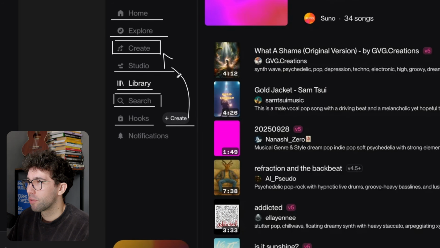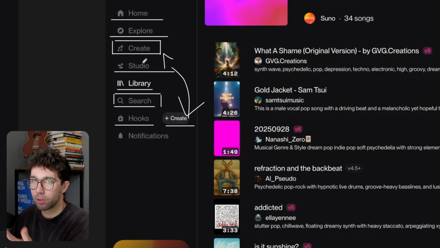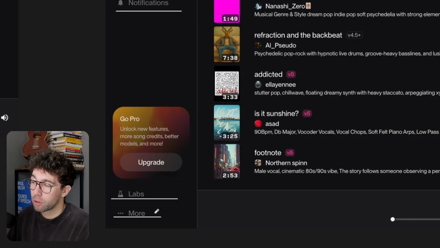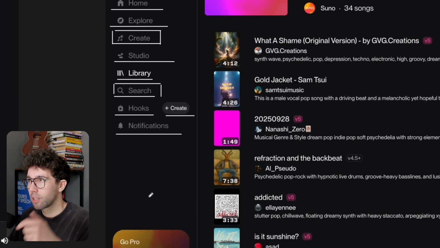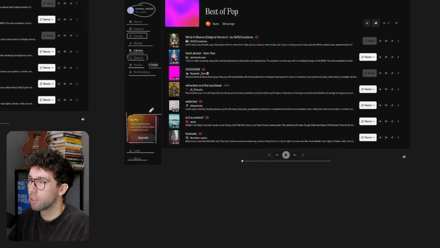create. So I'm wondering what's the difference between create and create a hook in terms of like, can't we create a hook inside of the create tab or the studio tab? And notification secondary, obviously. Labs could be secondary. More, I'm not sure what it is, but maybe it could be tucked inside of the profile. And then we also obviously have the profile as well. Upgrade could be its own little